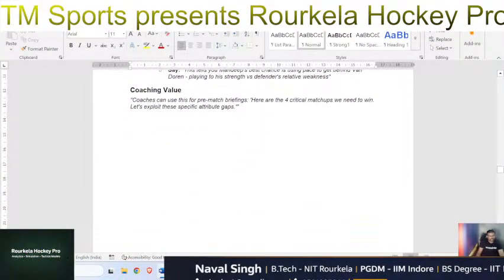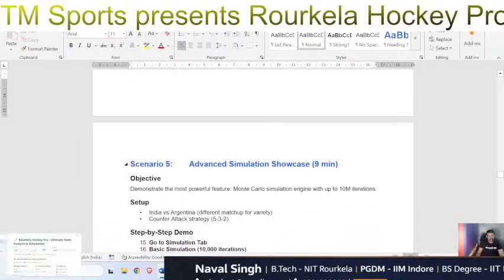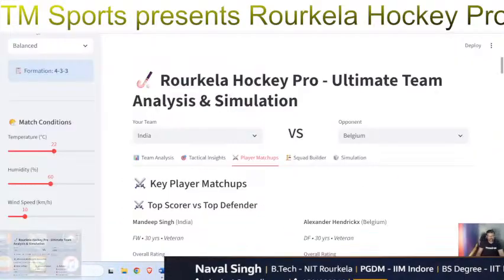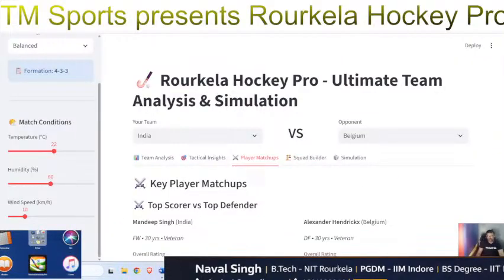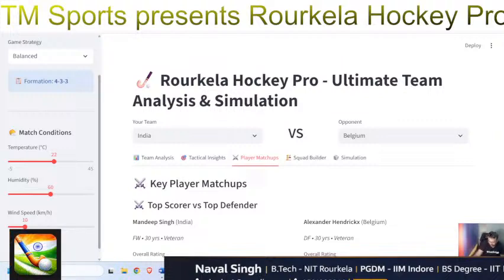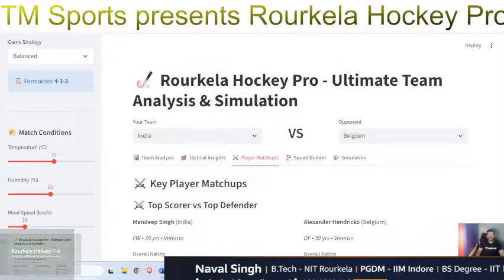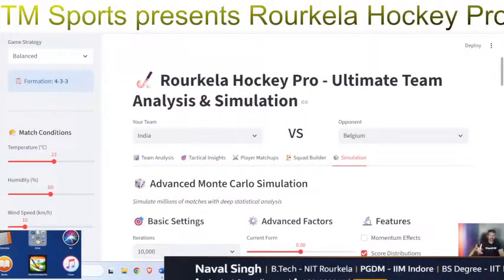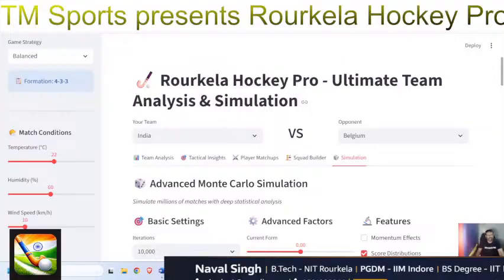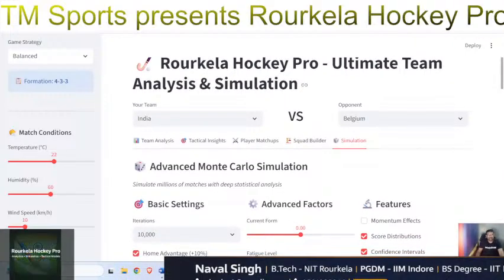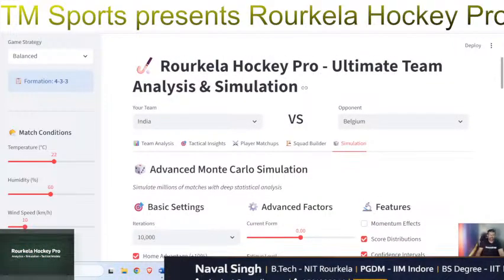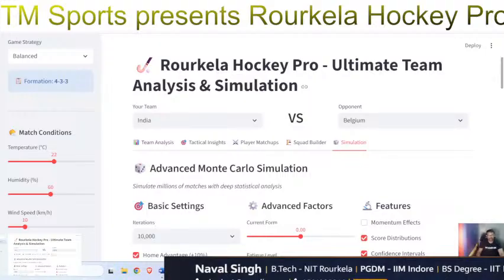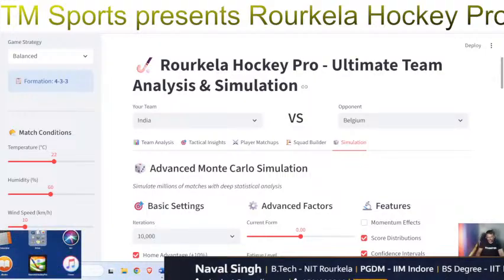Let's go to scenario number 5, which is advanced simulation showcase. So let's go to advanced simulation showcase, and right, so we'll show, because the matches are not predetermined, there is a bit of randomness and variability in a match. So we are building that variability and randomness in the match using Monte Carlo simulation, and